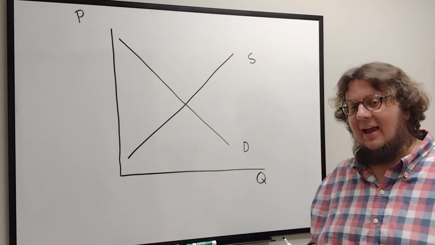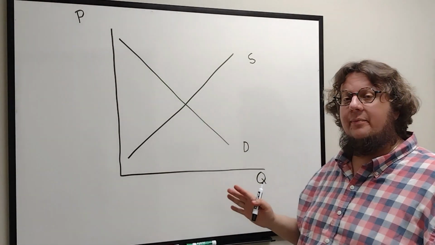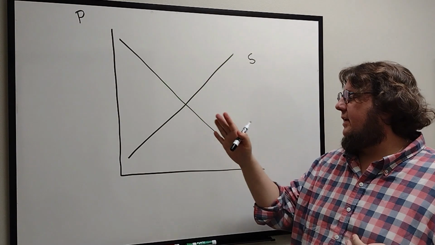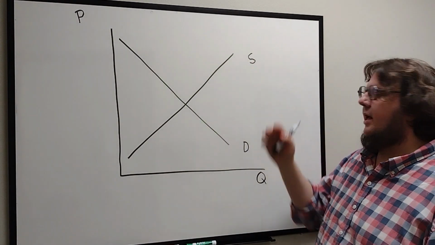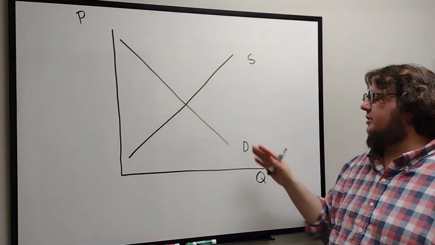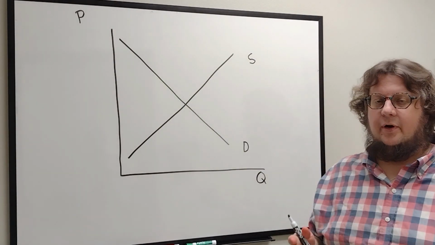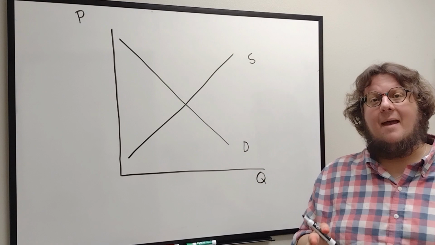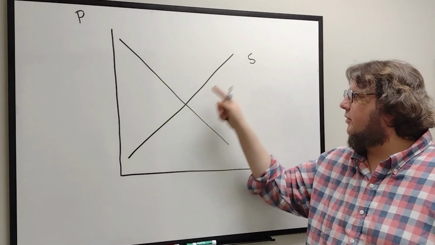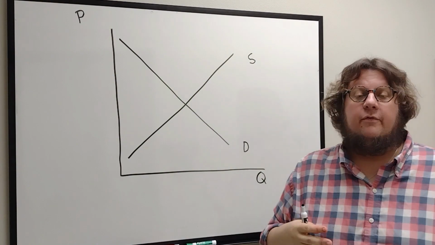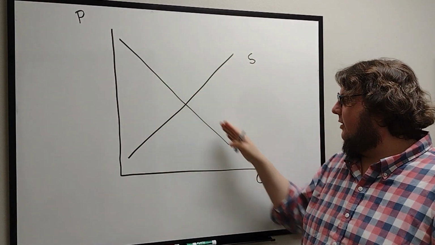As an entry-level economics student, you are probably well familiar by this time with the general supply and demand curve. We have our price quantity, our supply curve, which slopes upward, and our demand curve, which slopes downward. Now, to be more specific with macroeconomics, we're going to take that supply curve. This is for a market, so it's the supply curve for a good or service, and the demand curve,